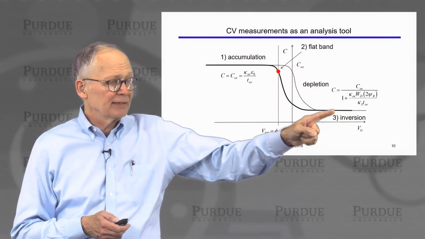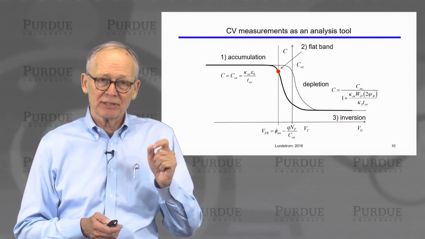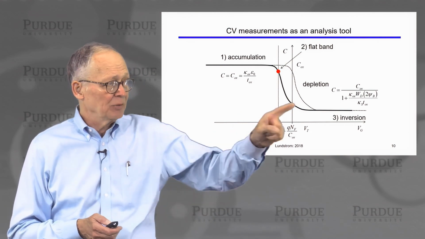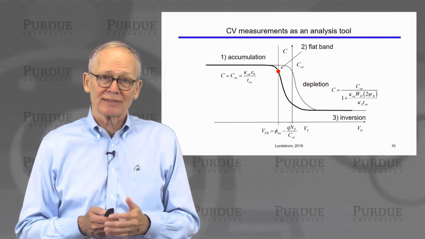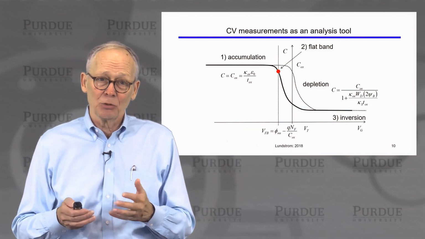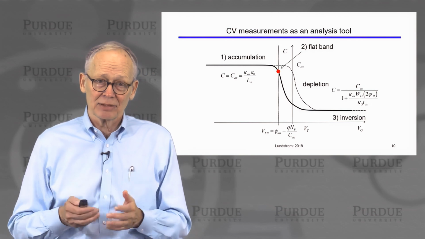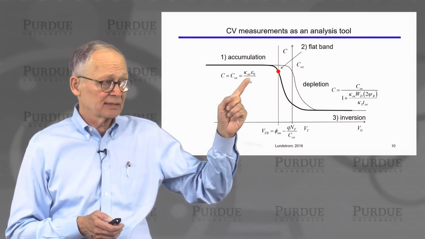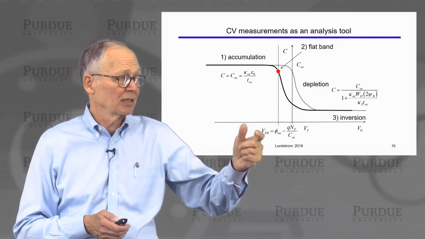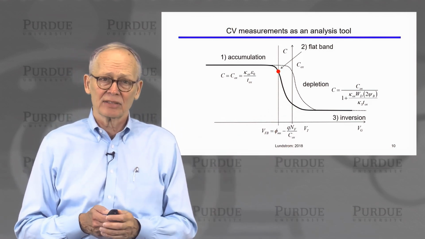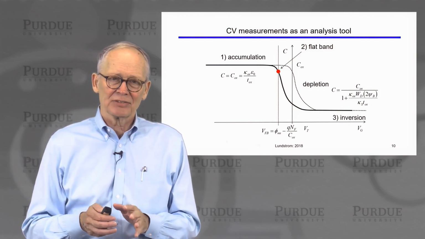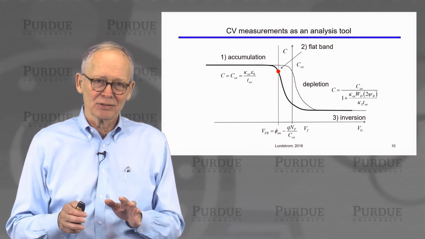So by measuring this capacitance, which is the series capacitance of the oxide and the depleted semiconductor, I would be able to deduce what psi b and therefore what the doping density of the semiconductor is. So with these simple measurements, I could deduce things like thickness of the oxide, doping of the semiconductor, charge at the oxide silicon interface. So that's one of the reasons that MOS capacitors have been so extensively used to study